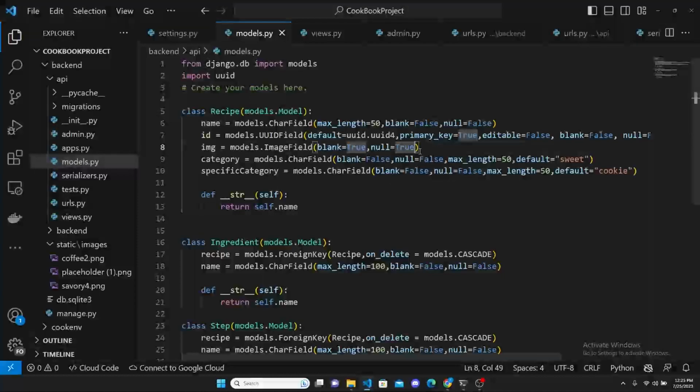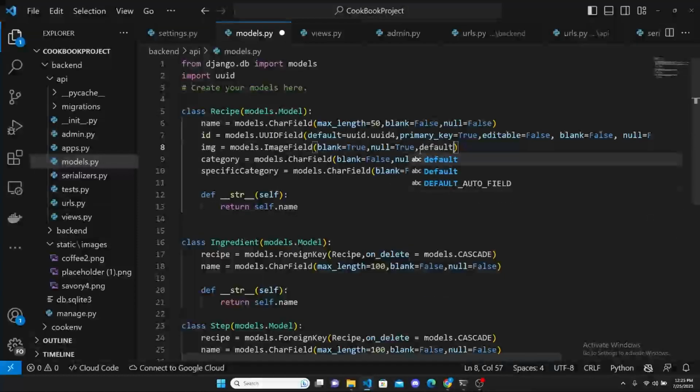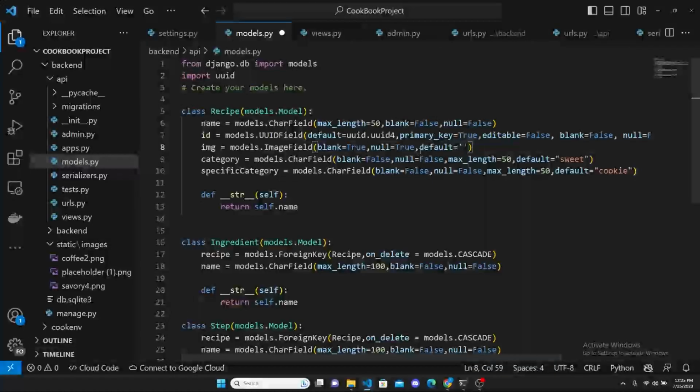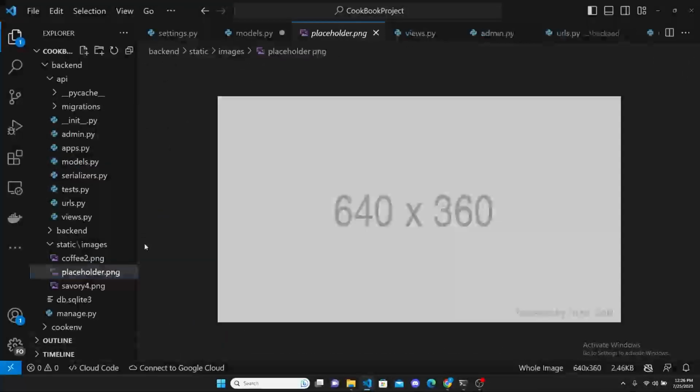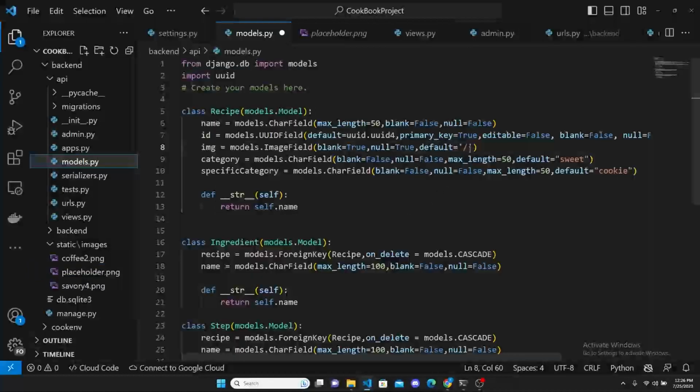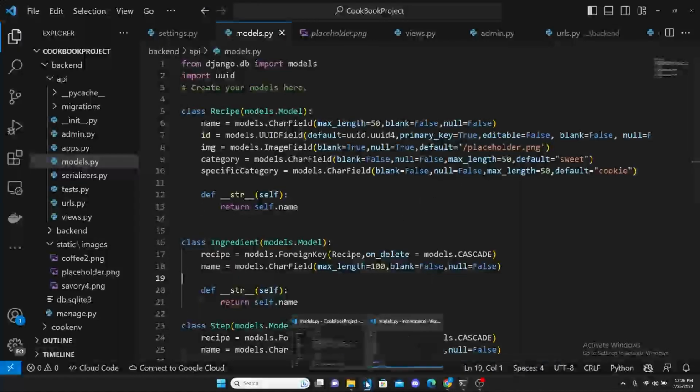So it's pretty simple. You just have to go to default. So the default image will be, so Django knows that it has to go to the static and then images to find the images. This is why we set this configuration, and we just need to go to placeholder. We just name this one placeholder, so placeholder.png, and let me just try and create a recipe without giving it an image,